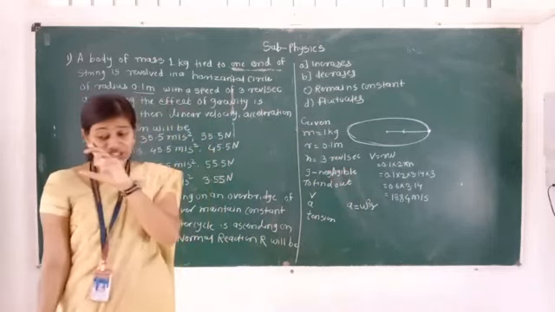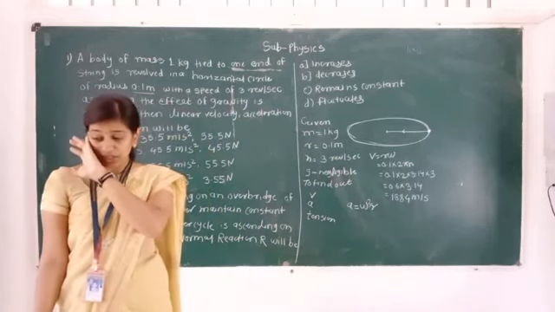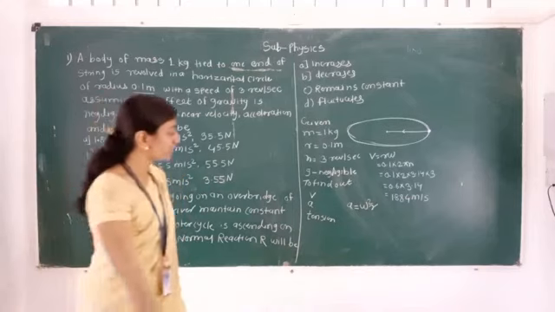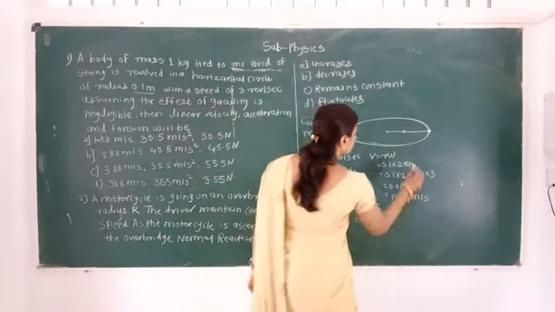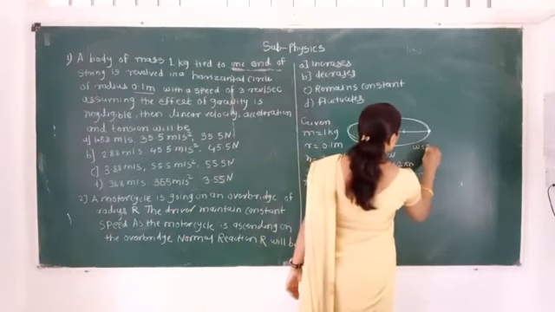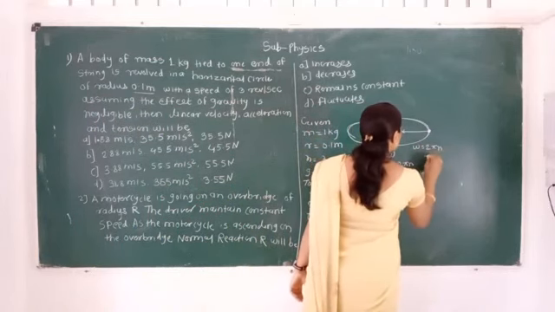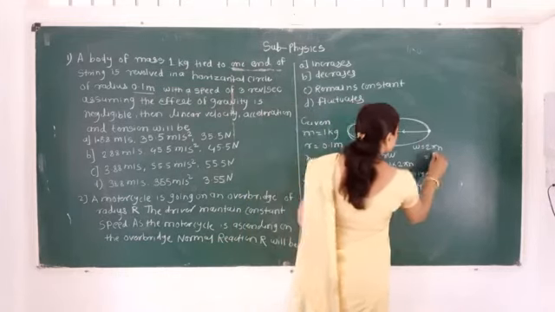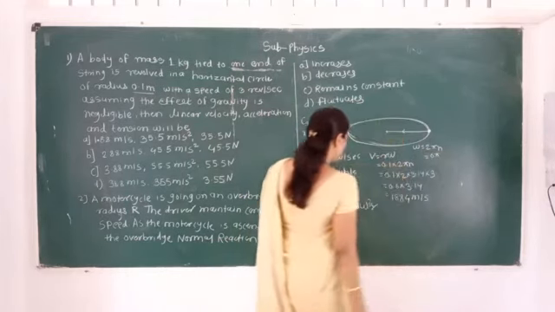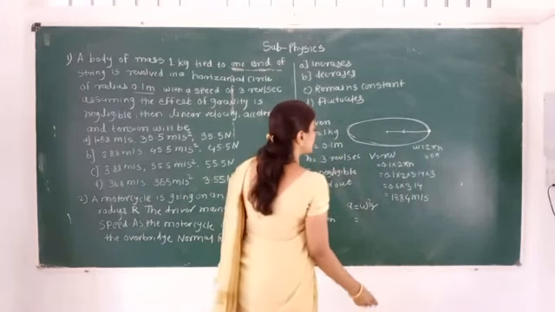At that time, compulsorily please use the log tables. Here acceleration is nothing but omega square into R. By putting that value, here we will get what is the value of omega. Here we know omega is equal to 2 pi n. So the value of frequency is 3. So it is 6 pi. We have to put that value here. 6 pi here.